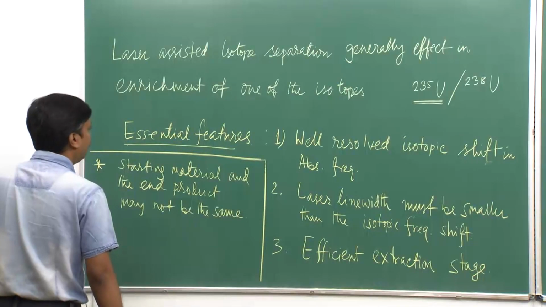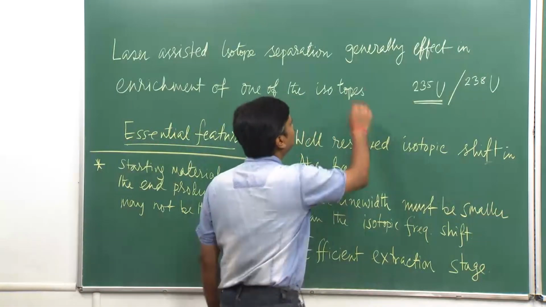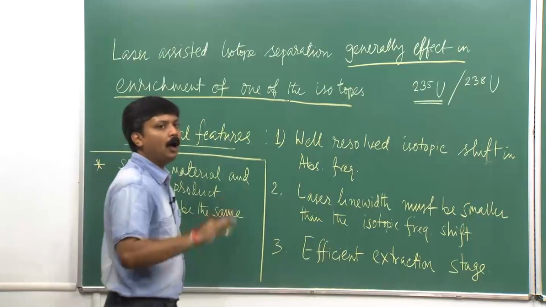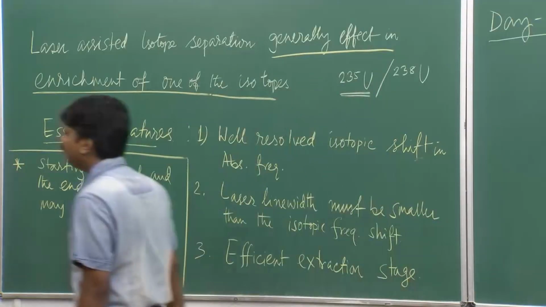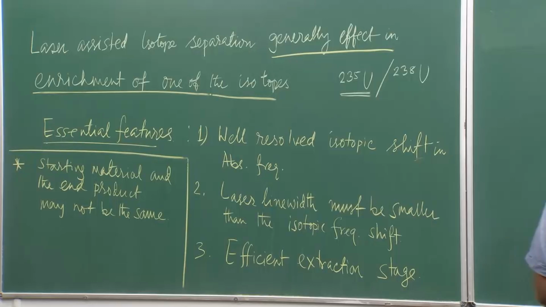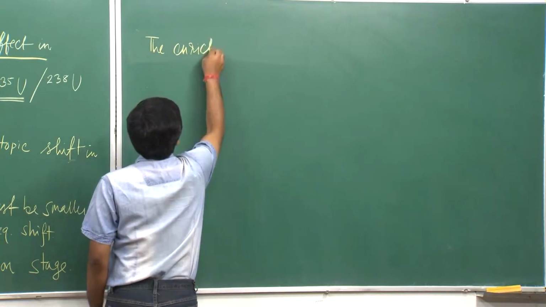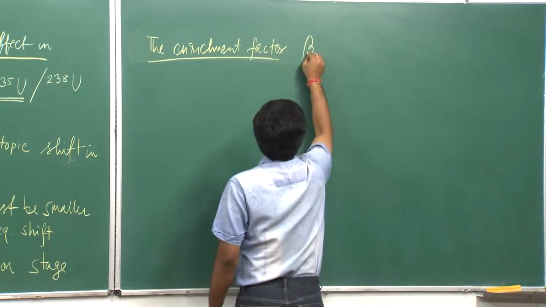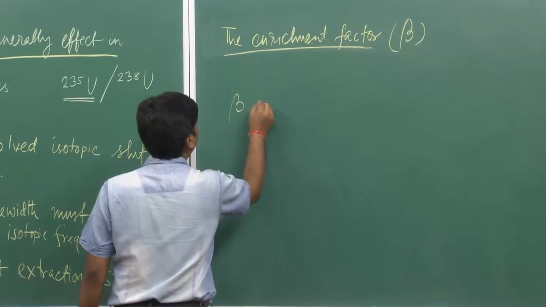Okay. So, now as I said earlier that they do not lead to complete separation, but they generally effect an enrichment of one of the isotopes, then I must have a way to quantify this enrichment, and that is the most important factor used in the laser separation technique, and this is called the enrichment factor, which is given the symbol beta. Okay. So, this beta is defined as